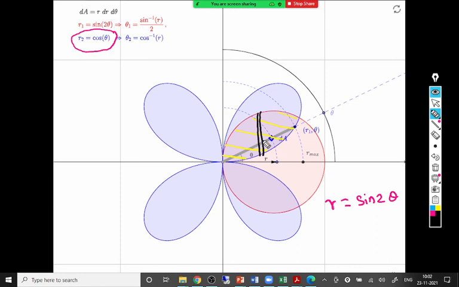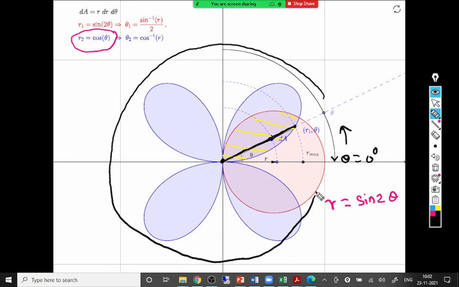But if we have to do it in polar, the strip is neither vertical nor horizontal. It is along a radial direction. What is a radial direction? It is just like the hand of a clock. The hand of the clock is fixed at the origin. This end is fixed, and the upper end is rotating. It rotates from theta equal to 0 degree to theta equal to 360 degree, 0 to 360 degree, to complete the region.